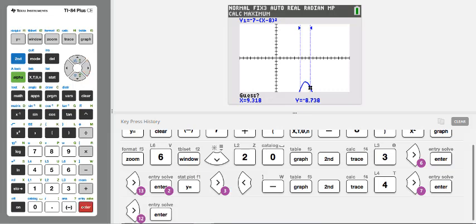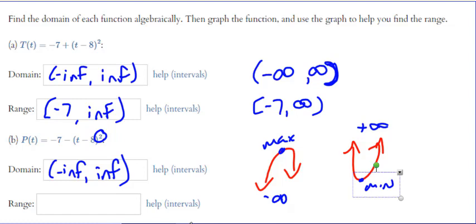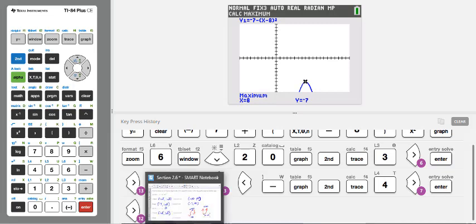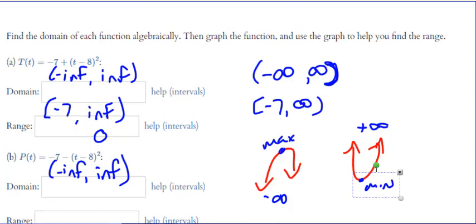It gives me a left bound, right bound. Now hit enter, and it tells me that my highest point is -7. Okay. My lowest point would be